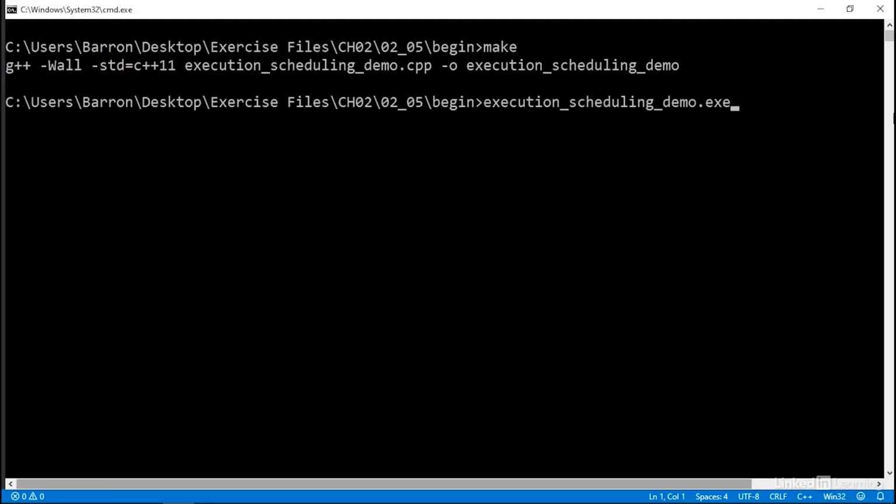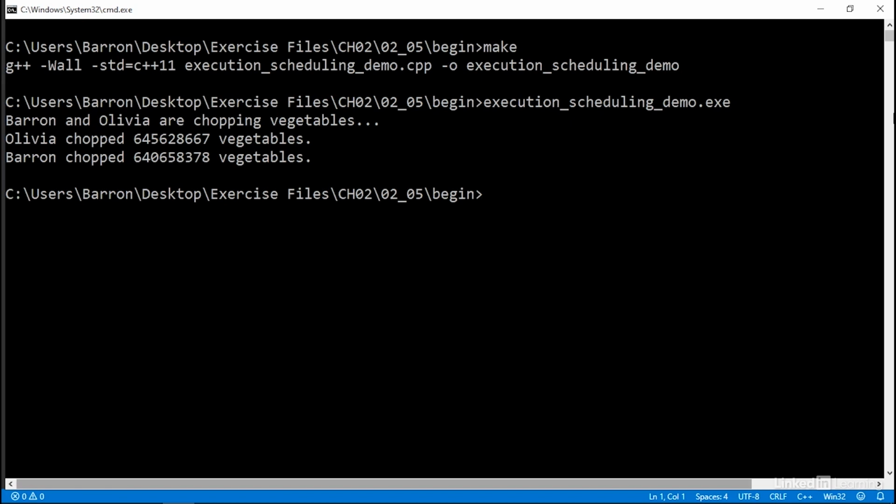Now I'll switch to a command prompt where I've already used the make command to compile the source file. So I'll run the example, execution scheduling demo.exe. I get an initial message that Barron and Olivia are chopping vegetables. Then after a second, they both finish and print a message with the number of vegetables each thread chopped, which